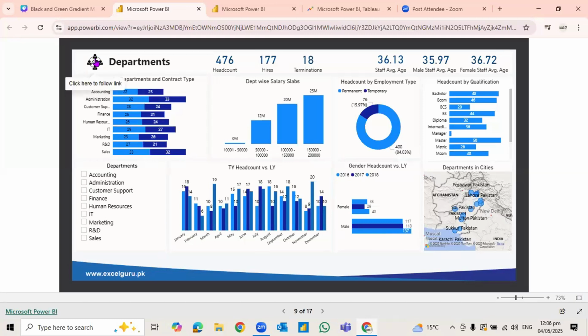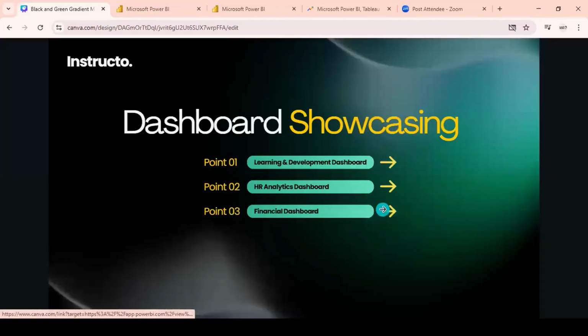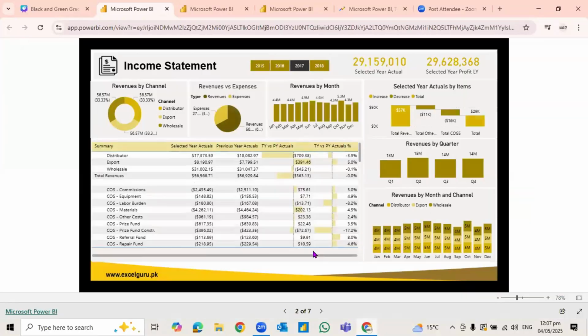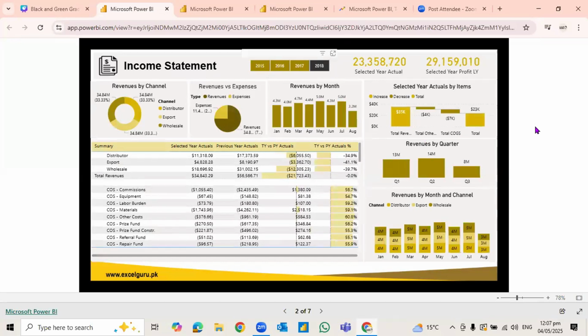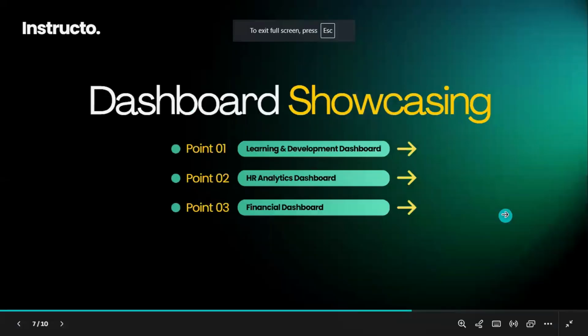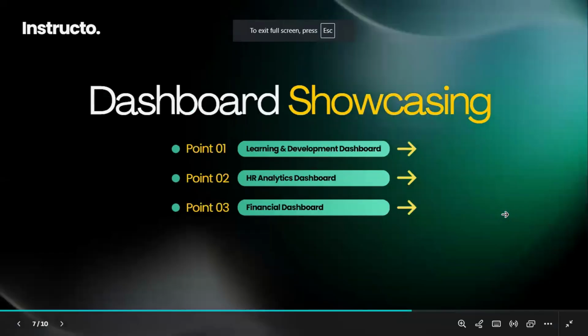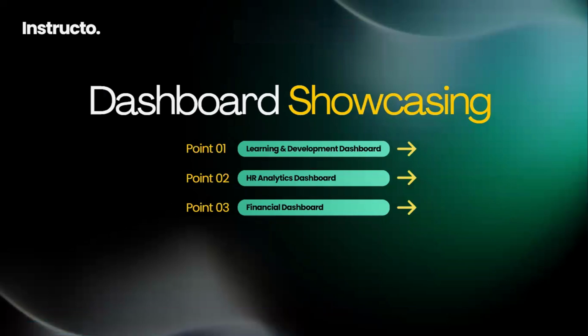So this has all been created. Moving on to the financial dashboard, this shows the income part. If you want to switch to, let's say, 2018, here's 2018, and so on. These are all dummy dashboards, do not consider these as published dashboards. These are dummy dashboards created only for learning purposes.